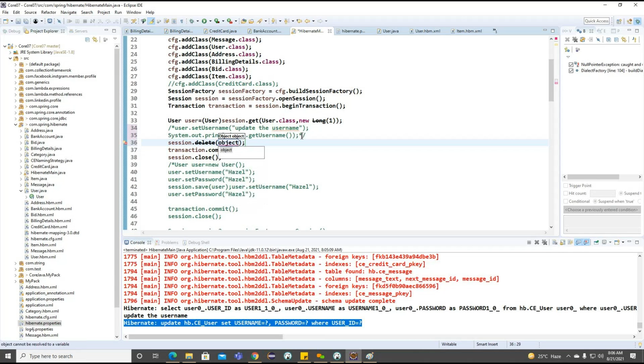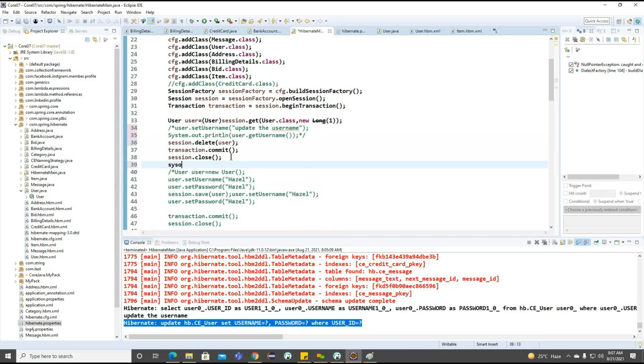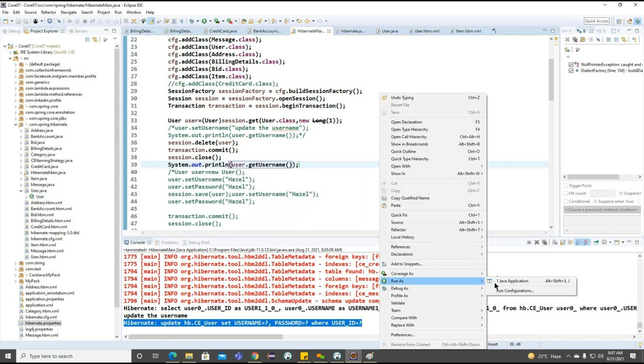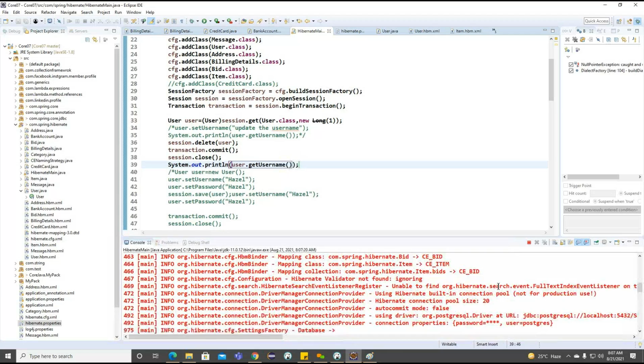What is the object I am trying to delete here? User. So this object is deleted from the session, but this object is still available. Now if you see, after closing the session also, user.getUsername. Now we'll try to run the same example here.